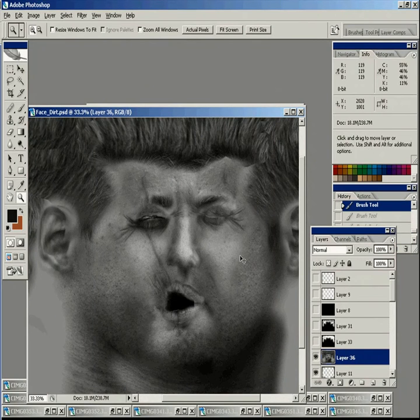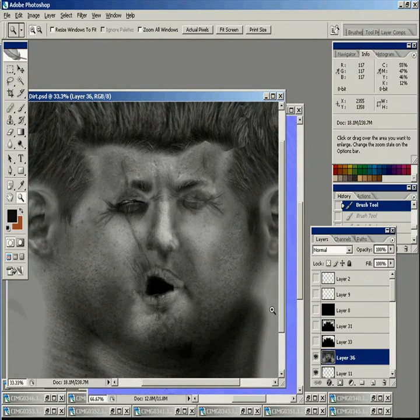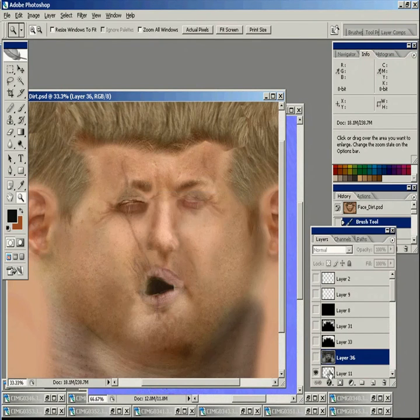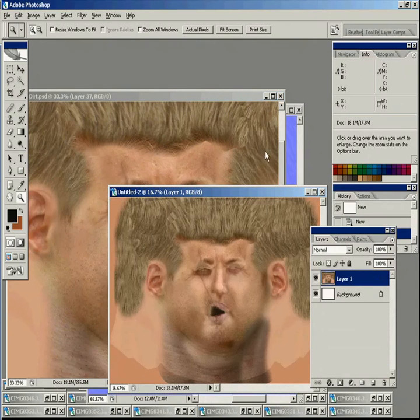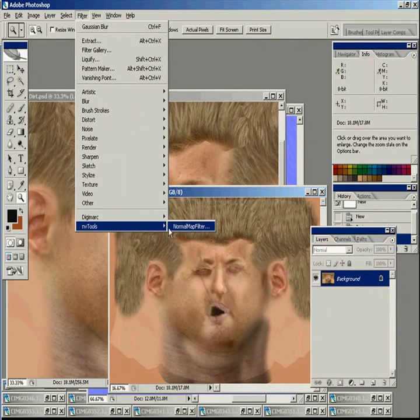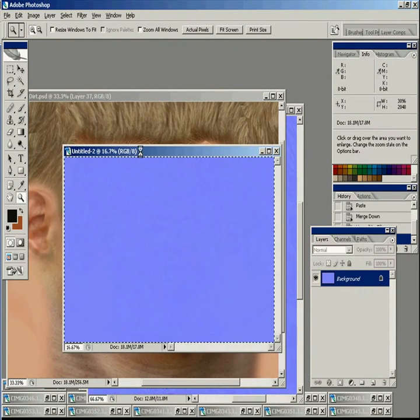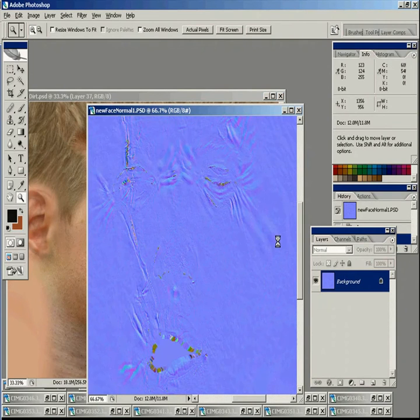Alright, well we generated the map. We're going to come back in here. Undo a few levels here. I just merged all the layers onto a flat layer here. I'm going to show you the NVIDIA Normal Map plugin. This should be a free plugin, I believe. Something we use at Blur a lot for doing simple normal maps. And also,